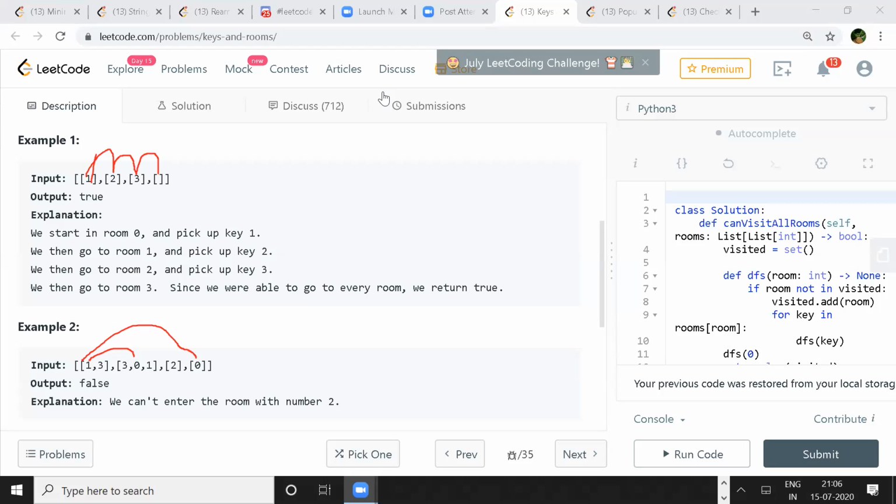Whenever you go to room 0 and find some keys, you remember them somewhere, written down. Then when you go to room 1, you see if you have access for those keys, try to open those rooms, and keep on adding new keys which you get from that room.